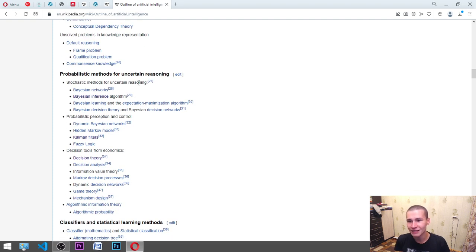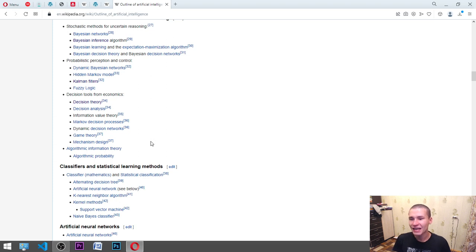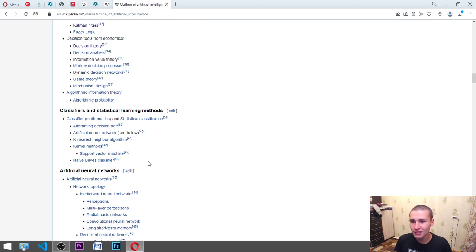uncertain reasoning, Bayesian networks, Bayesian inference algorithm, Bayesian learning and the expectation maximization algorithm, Bayesian decision theory and Bayesian decision networks, probabilistic perception and control, dynamic Bayesian networks, hidden Markov model, Kalman filters, fuzzy logic, decision tools from economics, decision theory, decision analysis, information value theory, Markov decision processes, dynamic decision networks, game theory, mechanism design, algorithmic information theory, algorithmic probability, classifiers and statistical learning methods, classifier mathematics and statistical classification, alternating decision tree, artificial neural